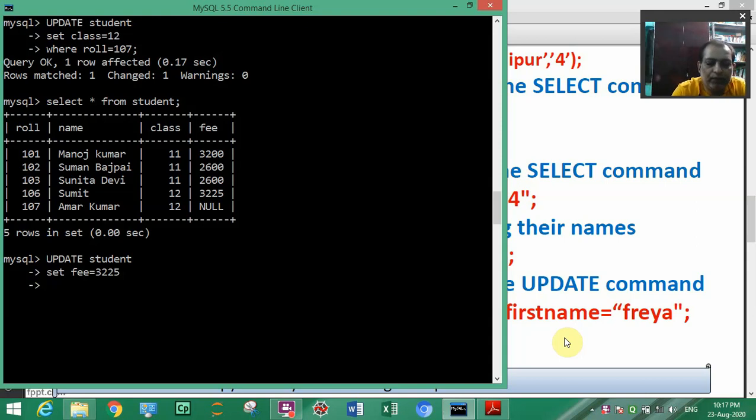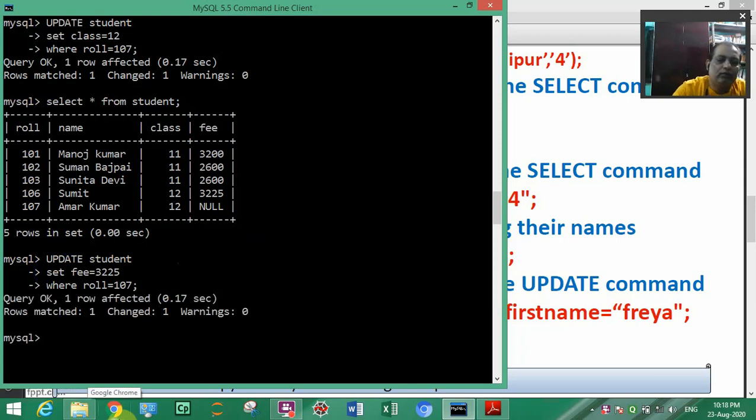So where roll equal to 107. In this way we can write this command. It was null here, but after this command it will change. Just press enter and it will give you the desired result.